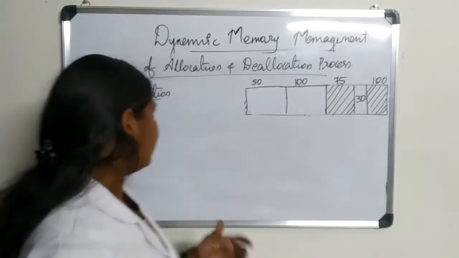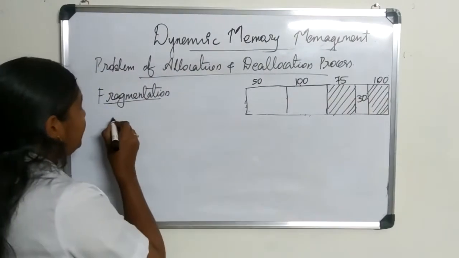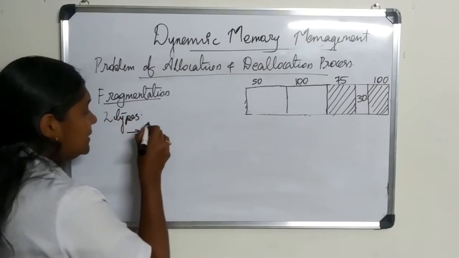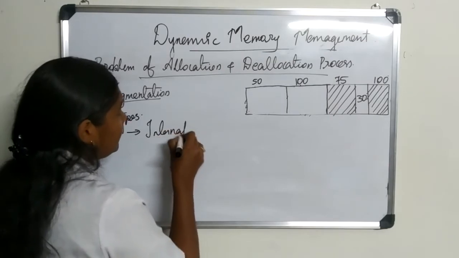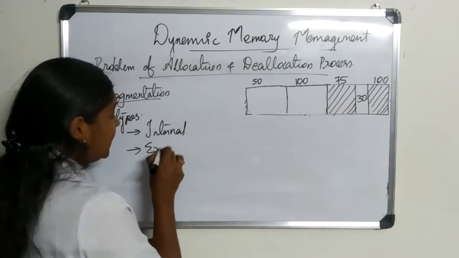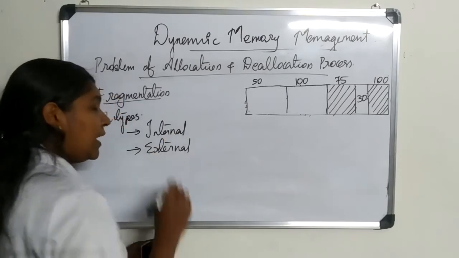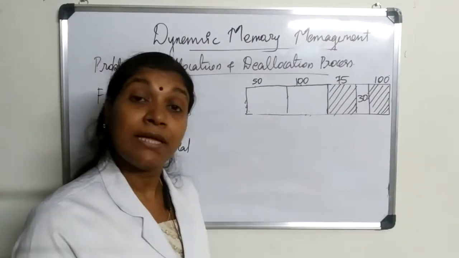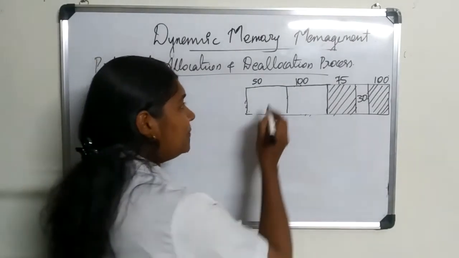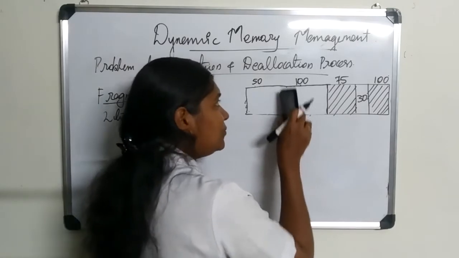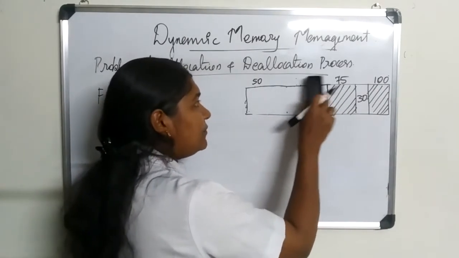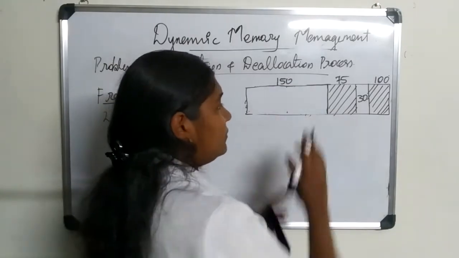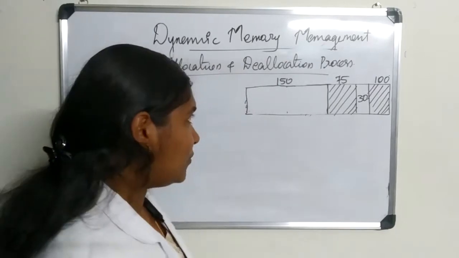This is the problem of fragmentation, and there are mainly two types: the first one is internal fragmentation, and the next one is external fragmentation. Internal fragmentation means that whenever we are performing an allocation process, suppose we consider this example. The first block here won't have any separation. It would be represented as a total block of 150 bytes, 50 plus 100, free at the initial part of the free pool of memory.